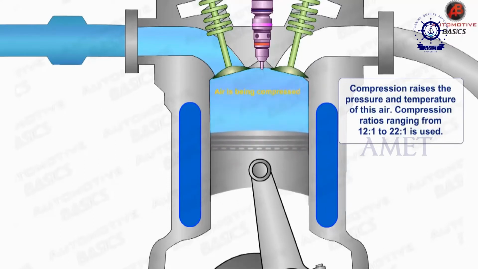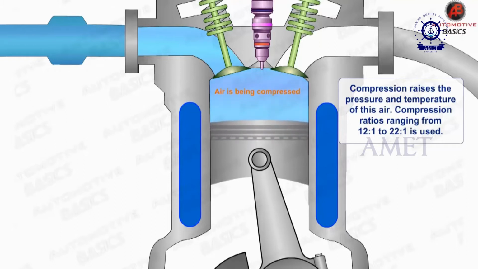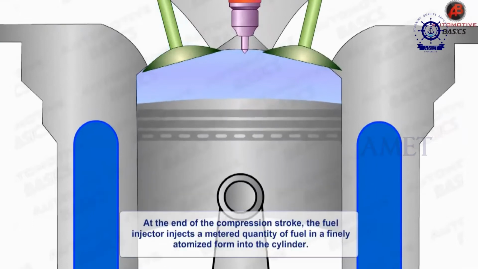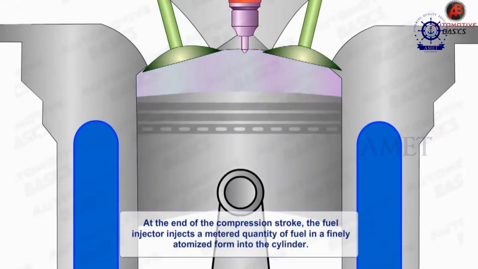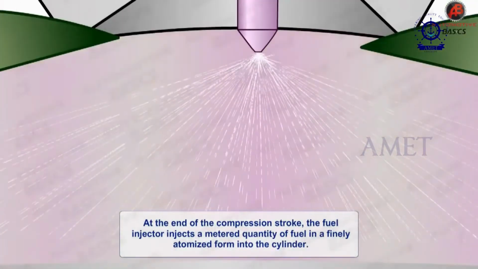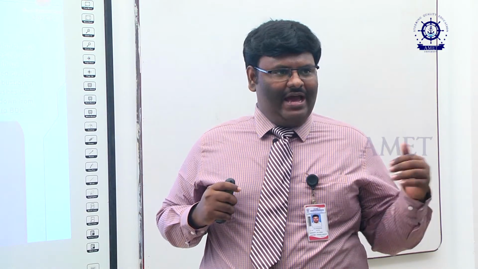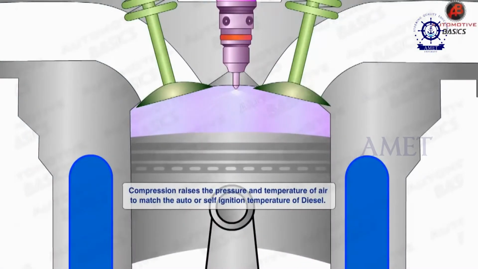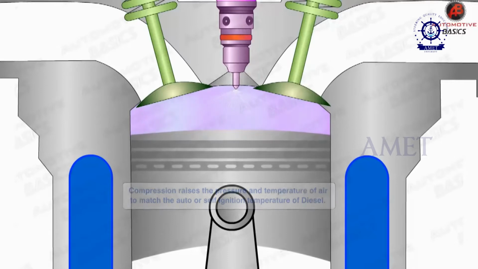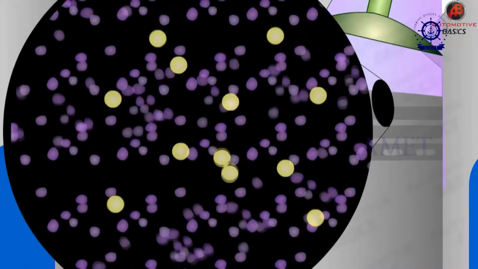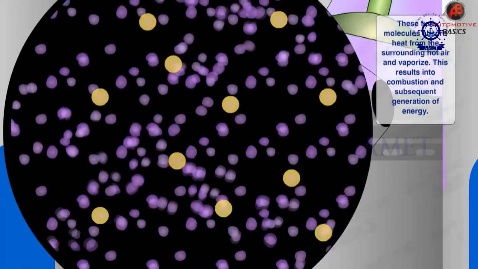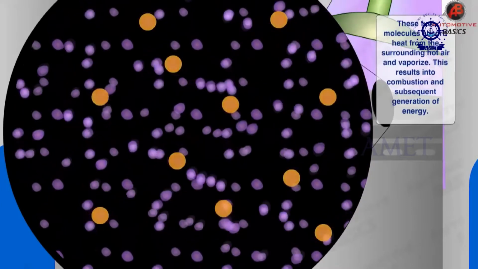So, the piston compresses the air and moves from bottom dead center to top dead center, and by the end of compression, the fuel injector injects the fuel in atomized condition. Already air is present at high pressure and high temperature. So, when fuel in atomized condition comes in contact with compressed air, the fuel particles vaporize. As soon as the fuel vaporizes, combustion begins, and as soon as combustion begins, the